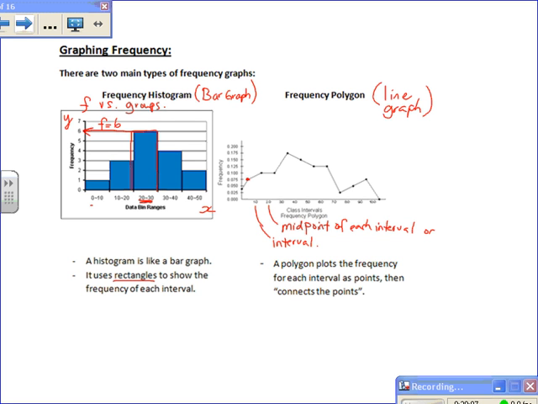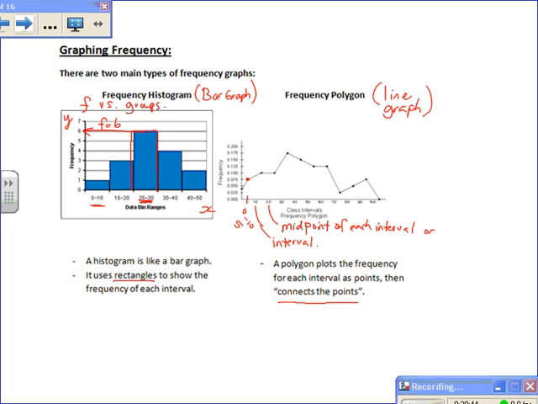So over here, for example, the interval was 0 to 10. If I put that interval on a frequency polygon, I could either say 0 to 10, or I could also say 5, which is the midpoint, the center, of that data. We use just a dot to represent the frequency for each one of our groups, and then we simply connect the dots so that we get a graph out of it. By connecting the points, we get what's called a polygon, or some sort of a shape will be